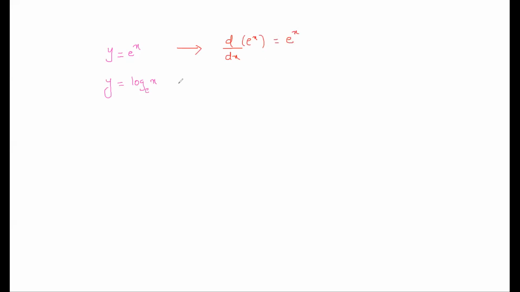You do not need the proof of that. These two results are needed, and the derivative of log x is equal to 1 by x. So we will do problems on this in the next class. I just want to give you a brief introduction about